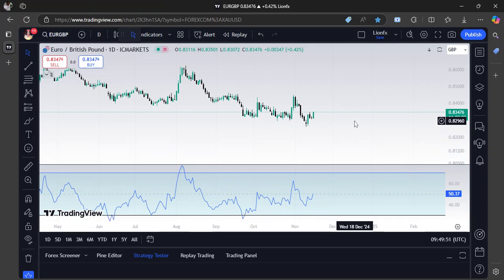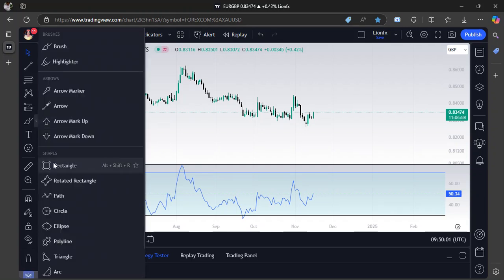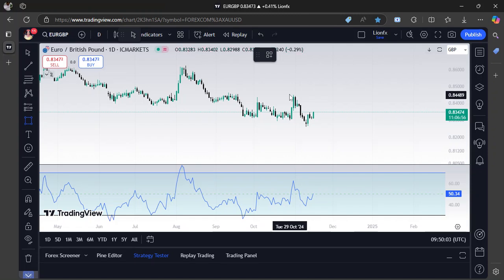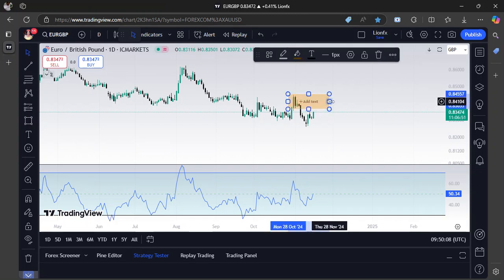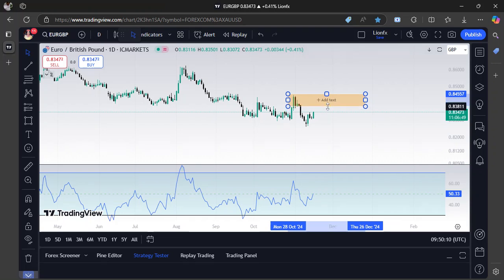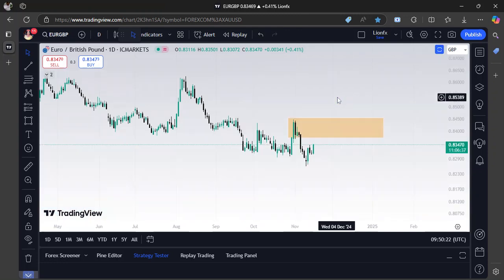So the first thing I used to do is I used to analyze from the daily time frame, and so I will be looking at the resistance in the daily time frame. So this is a resistance point using the smart money concept, order block theory. So it therefore means that this is Euro GBP, the resistance. So it therefore means that I'll be looking at selling in this market condition,